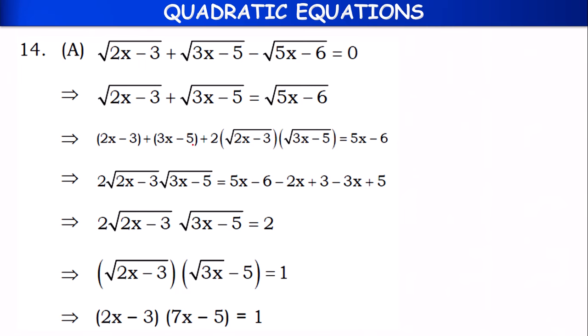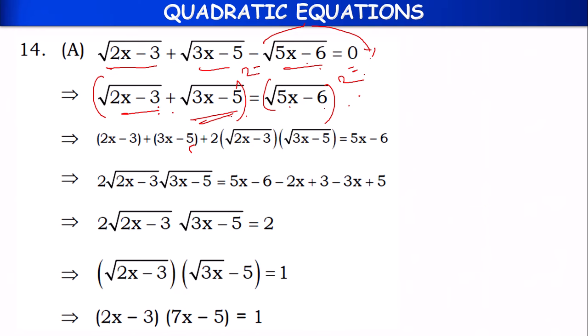This is the given equation, children: root of 2x minus 3 plus root of 3x minus 5 minus root of 5x minus 6 equal to 0. Let's take this one to the RHS part. Then we will have root of 2x minus 3 plus root of 3x minus 5 on the LHS equal to root of 5x minus 6 on the RHS. If we square on both sides,